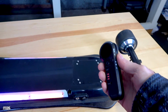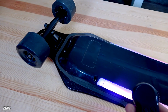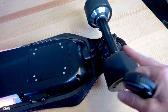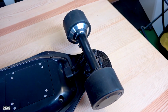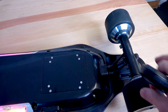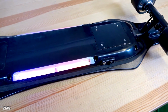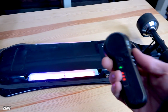20 miles an hour is fast enough to really eat it hard on the pavement. The pavement's not soft. You can climb hills up to about a 25% grade as well, which I had no problem doing with the brushless 1,000 watts of power back here. You don't have to have the belt drive to go uphill. That's just totally not needed. As long as you're around 200 pounds, maybe a little heavier, you can still go uphill in that high